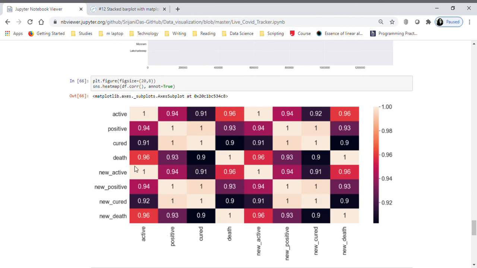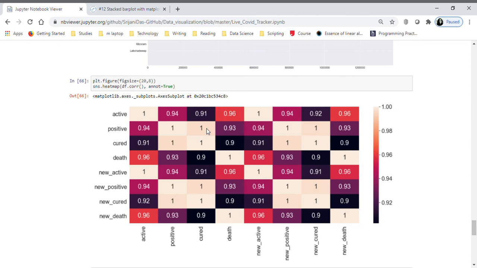As you can see, there are a lot of highly correlated values here, like the positive one and cured one are highly correlated with each other, because yes, if the number of positive cases is more, of course more people have got cured. It's a slightly darker shade because I think it's near 1 but not exactly 1.